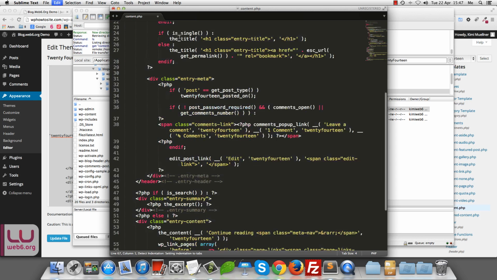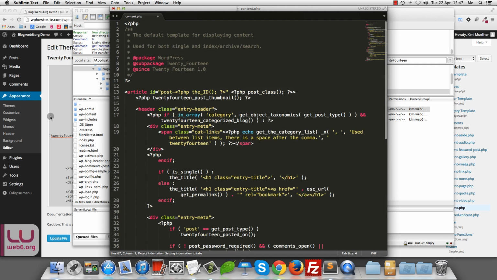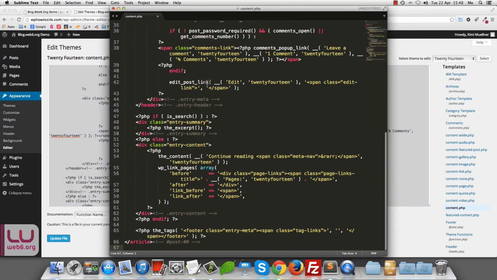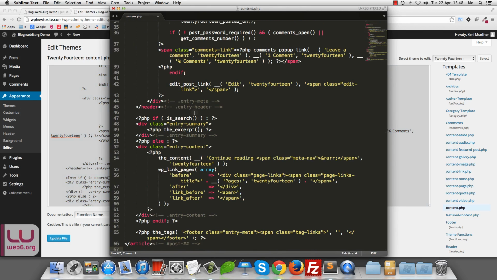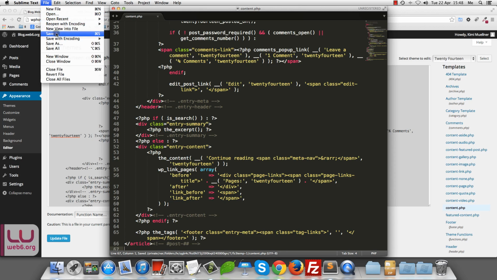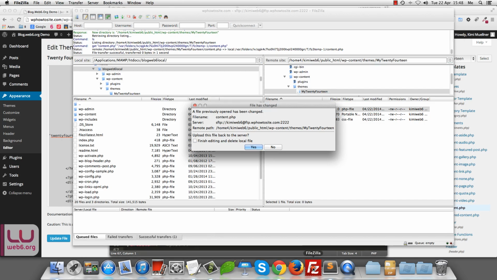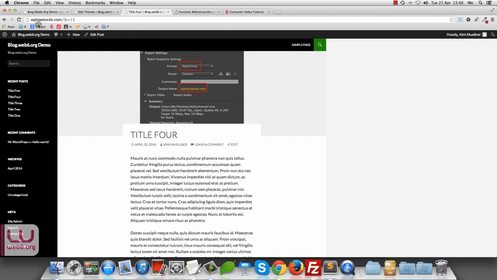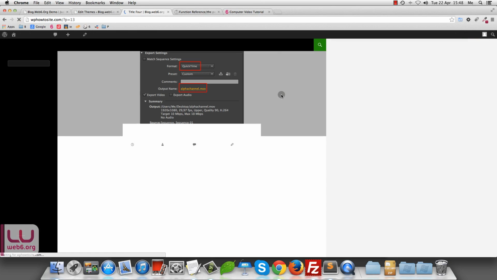So I'm going to paste all of the code that I just copied inside my dashboard earlier, here in content.php, and I'm going to hit save. So File and then Save, or using the keyboard shortcut Command and S, and then go to FileZilla again and update the file by clicking the yes button, and it will be updated on our servers. At the moment it doesn't bring any changes in our file because it's still copying the original